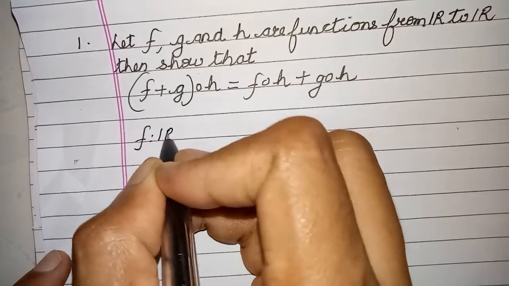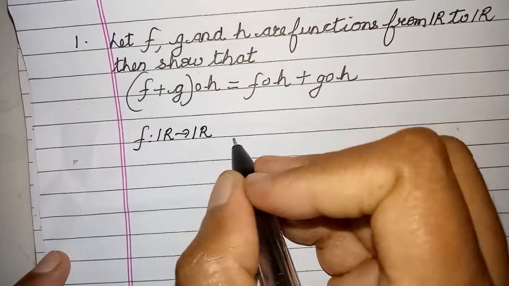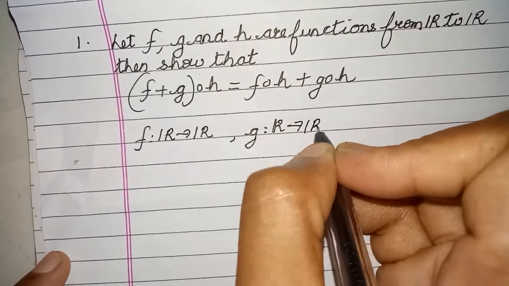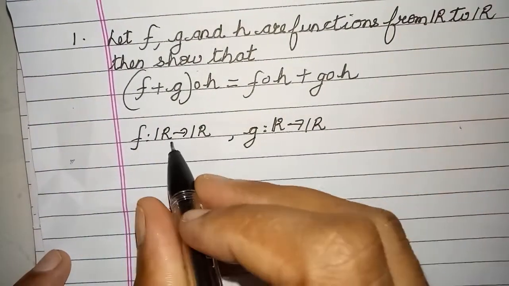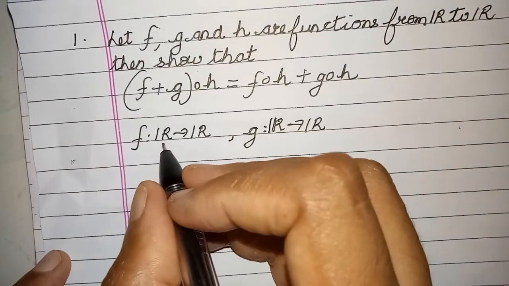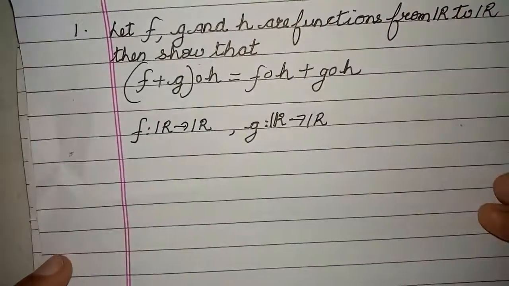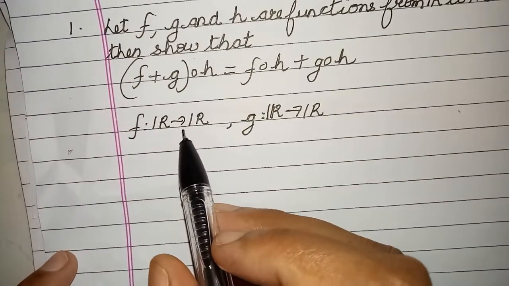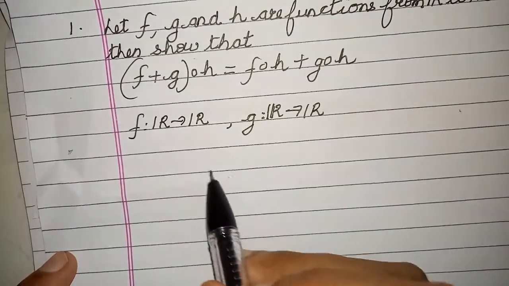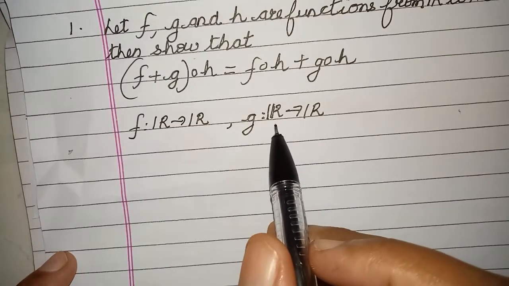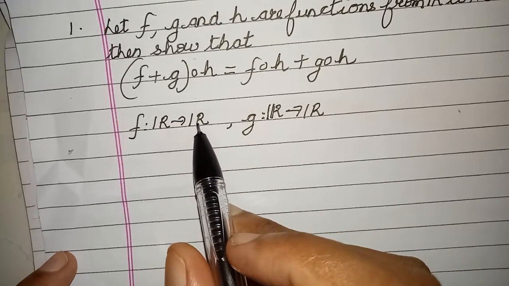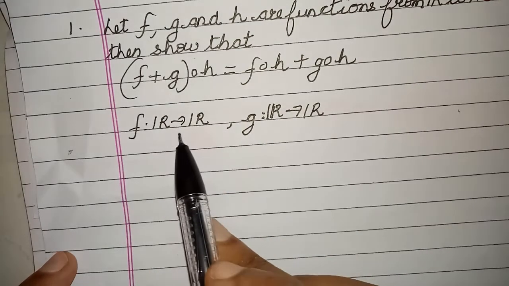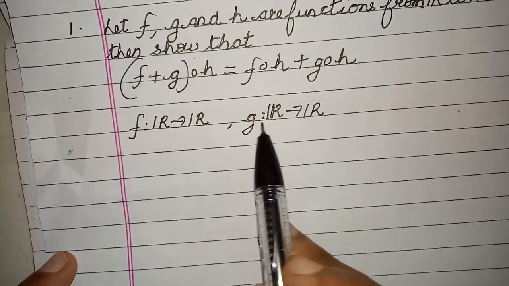So let me check what is given to me. I am given f is a function from R to R. I am given g is a function from R to R. So both are real functions because the domain and the codomain of both the functions are R. And you know that they are called real functions. And also you can see that composition f composite g is possible, because the codomain of the first function is the same as the domain of the second function. Even if I do f plus g, again I will be landing in the real number set because all are R.